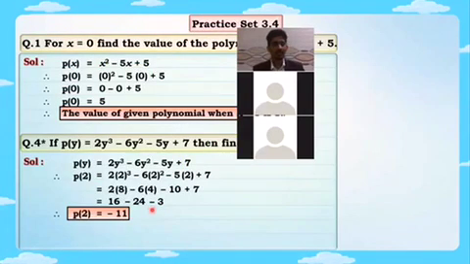Very simple question students. I want you all to write down this question number 4 ka answer in your notebook. And for that I am giving you time of 2 minutes. Just write down this question number 4 ka answer. If anybody has any doubt, text me doubt. If it is clear,